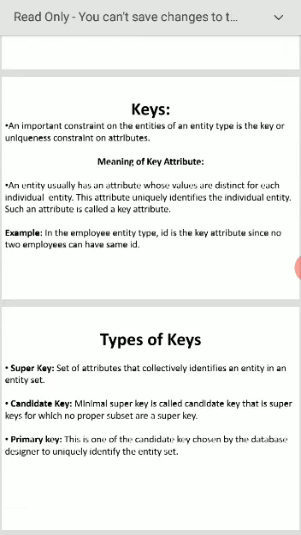Types of keys: super key, candidate key, primary key. A super key is a set of attributes that collectively identifies an entity in an entity set. Entity set means it has two or more entities. There, if we want to identify a particular thing, we can use the key. That key is called a super key.